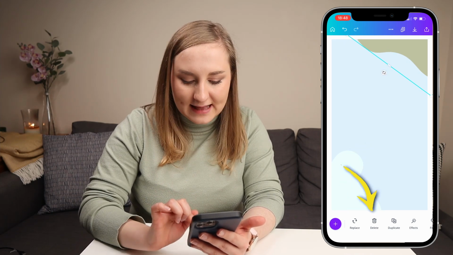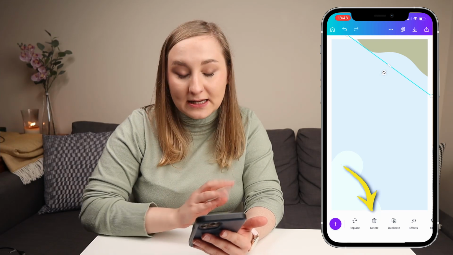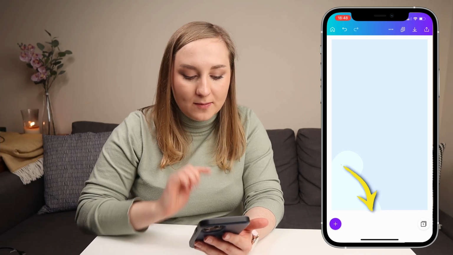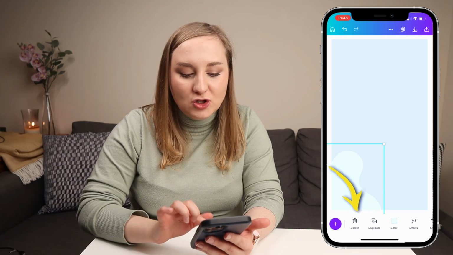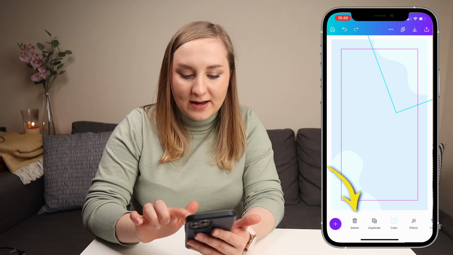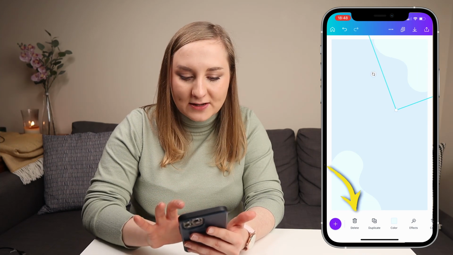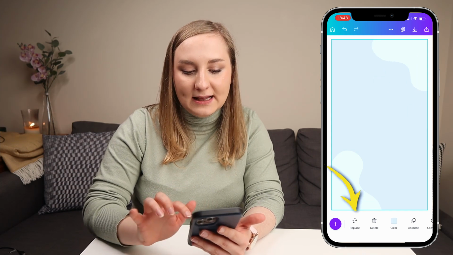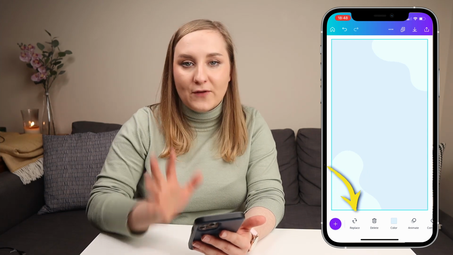I'm not sure I fancy that one, so I might delete it. If you want to delete an element, you just go at the bottom in here and delete. Now let's try and duplicate that other one. So I've hit duplicate at the bottom just to recreate the same effect, maybe make it a bit more symmetrical, just like that. And I've rotated it like this, and this is my first panel.